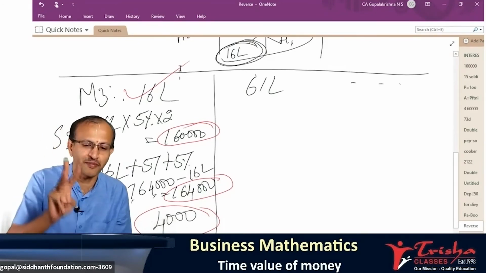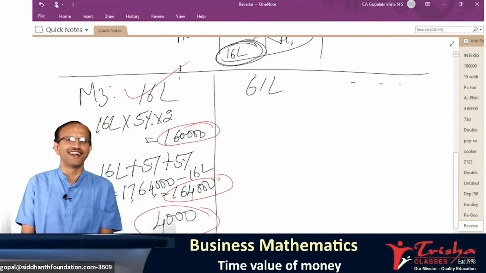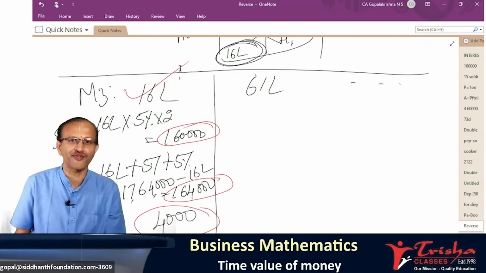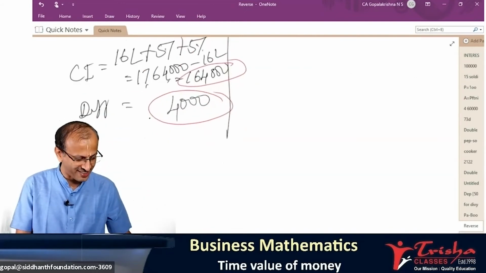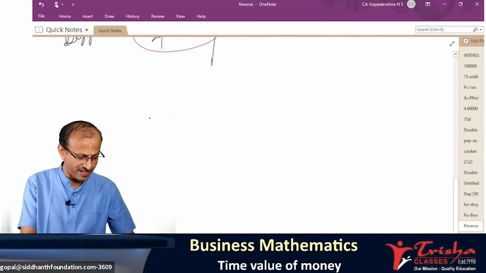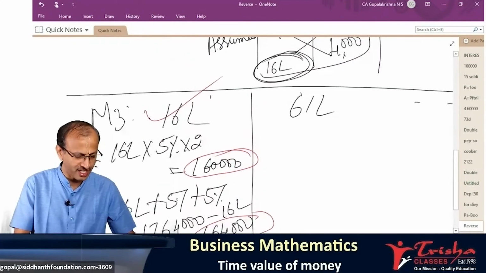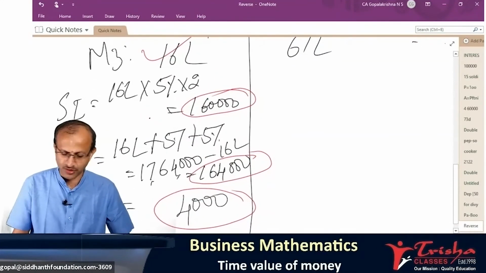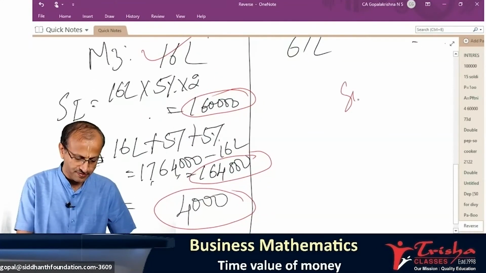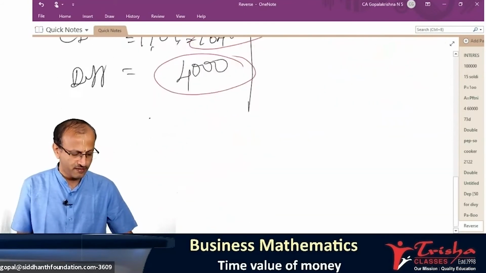So I told you 3 methods. Aditya started working. So how many methods do you have? I have one more method, if you allow me to work it out. Oh, this still has a board, right? Okay, I think this is the last place where I can write. Shall I give you one more method? Is it clear to everyone? The third method is the substitution method, and I consider this the best method to approach. Method 4.